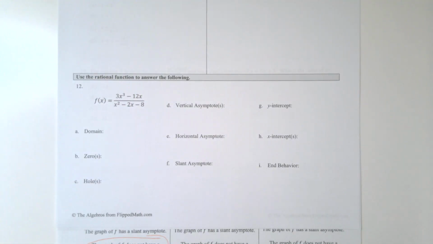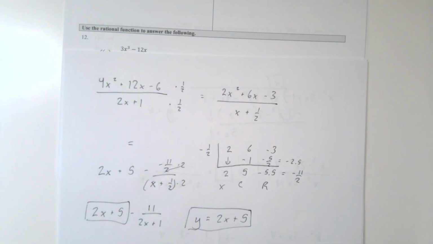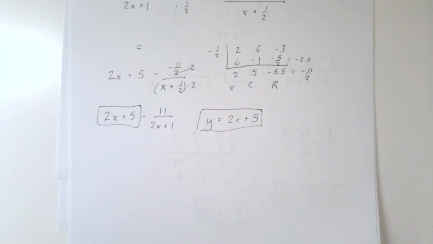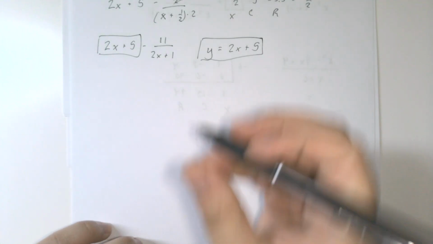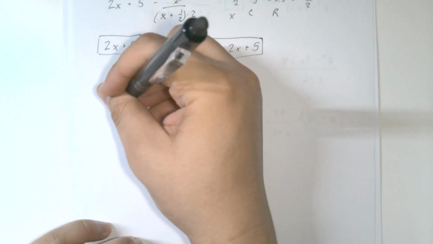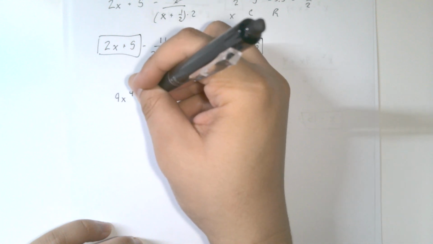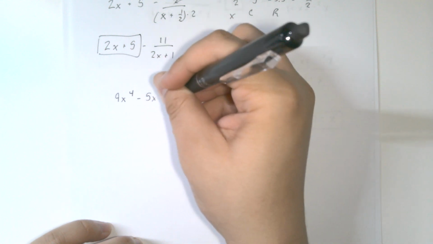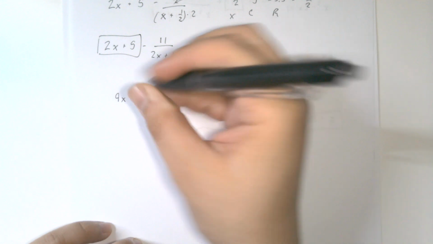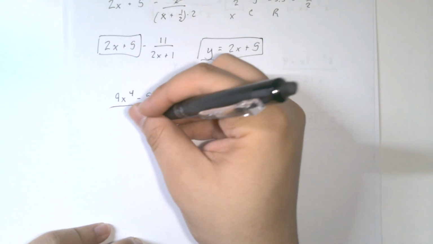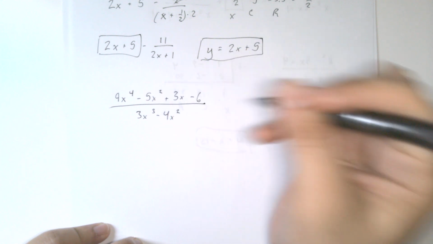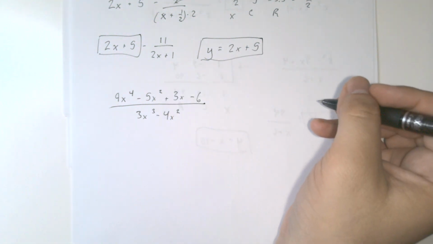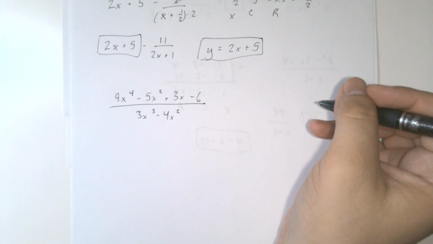Let's look at that last one. So for number 11, we have 9x to the 4th minus 5x squared plus 3x minus 6 divided by 3x cubed minus 4x squared. So when we're doing our